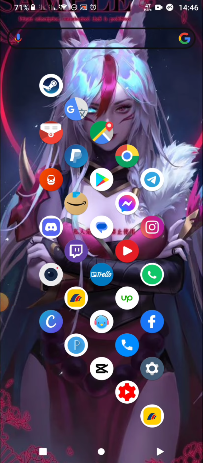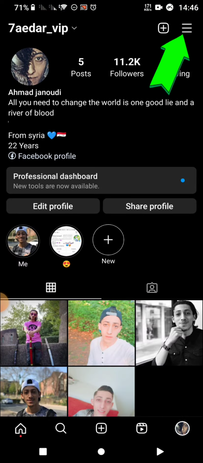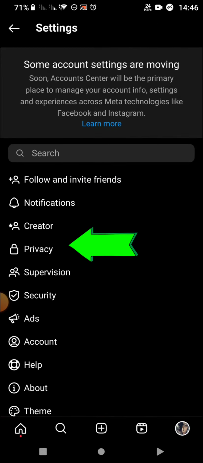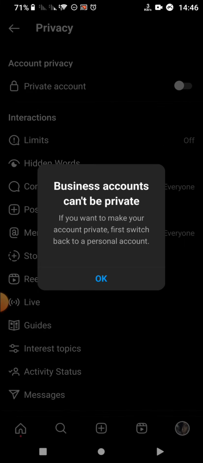So let's open Instagram, press on the top right icon, press settings, privacy, then private account. It says here that I have a business account, so I need to switch it to